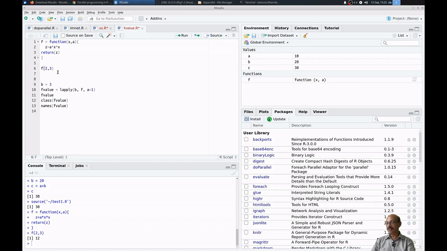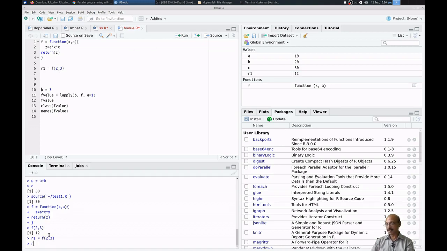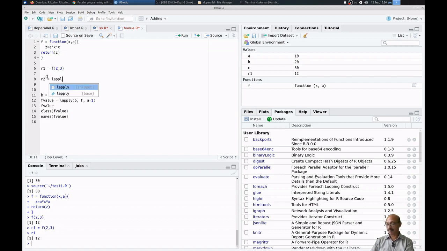But you can also call the same function differently. Suppose I write R1 is equal to this, then if I type R1, it will give the value 12. We can also assign in a different way, like R2 is equal to lapply.